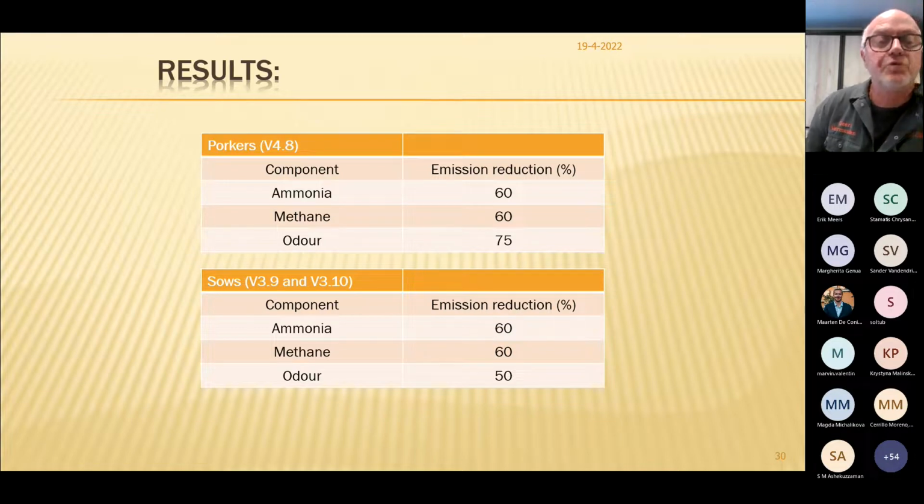Okay, next slide. So in the fatness pigs, we have a reduction of at minimum 60% of ammonia. Methane is at least also 60%, and odor is 75% reduction. With the sows, we have nearly the same figures, only the odor is 50%. And there I must say, Eric, that we have measured in the south the reductions of odors until nearly 80%,